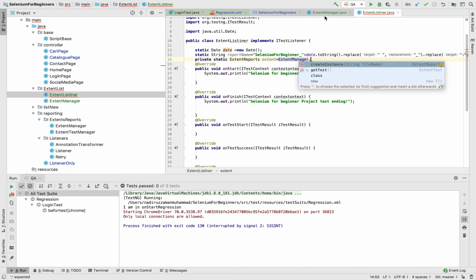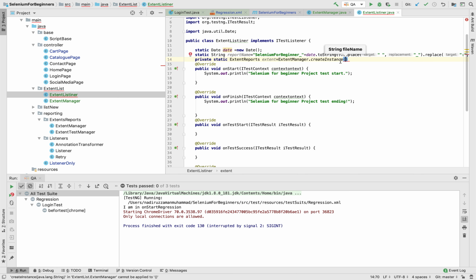Okay, that's why this manager. So create an instance. We have this instance which we created, and now inside that